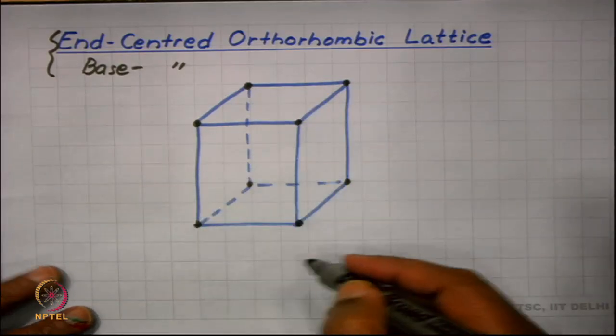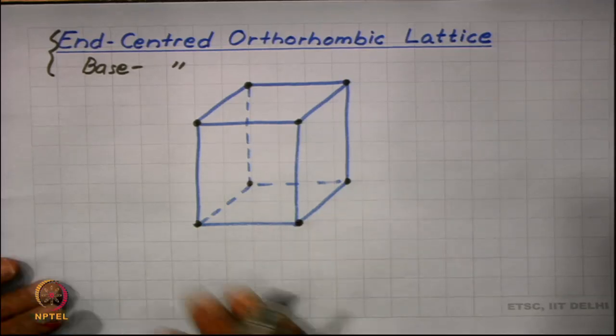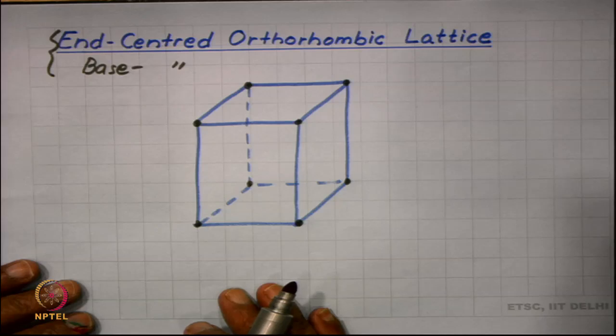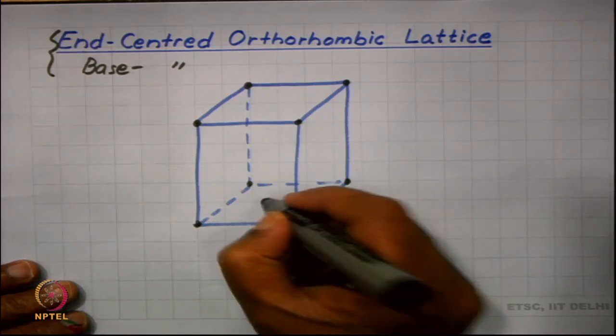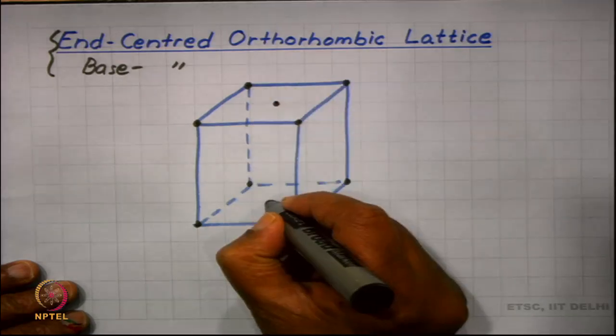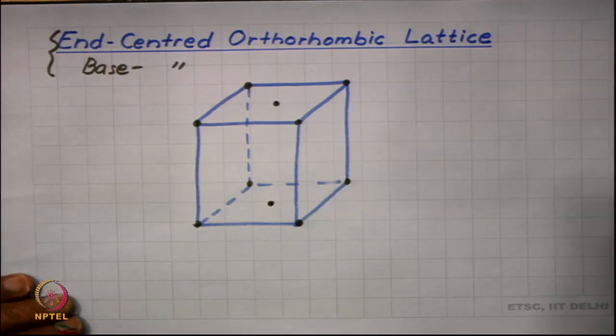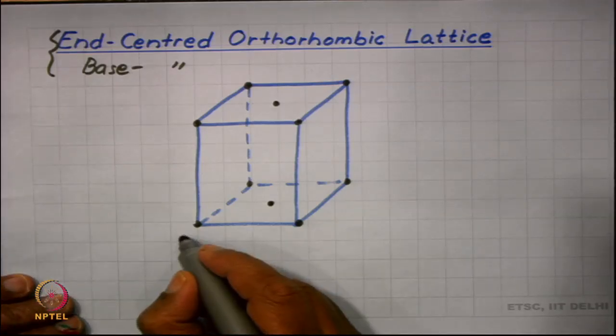If I center all faces, I get the face centered lattice, but if I center, let us say, only the bottom and the top faces, additional lattice points only on one pair of faces, then I end up with end centered or base centered orthorhombic lattice. It is called orthorhombic C